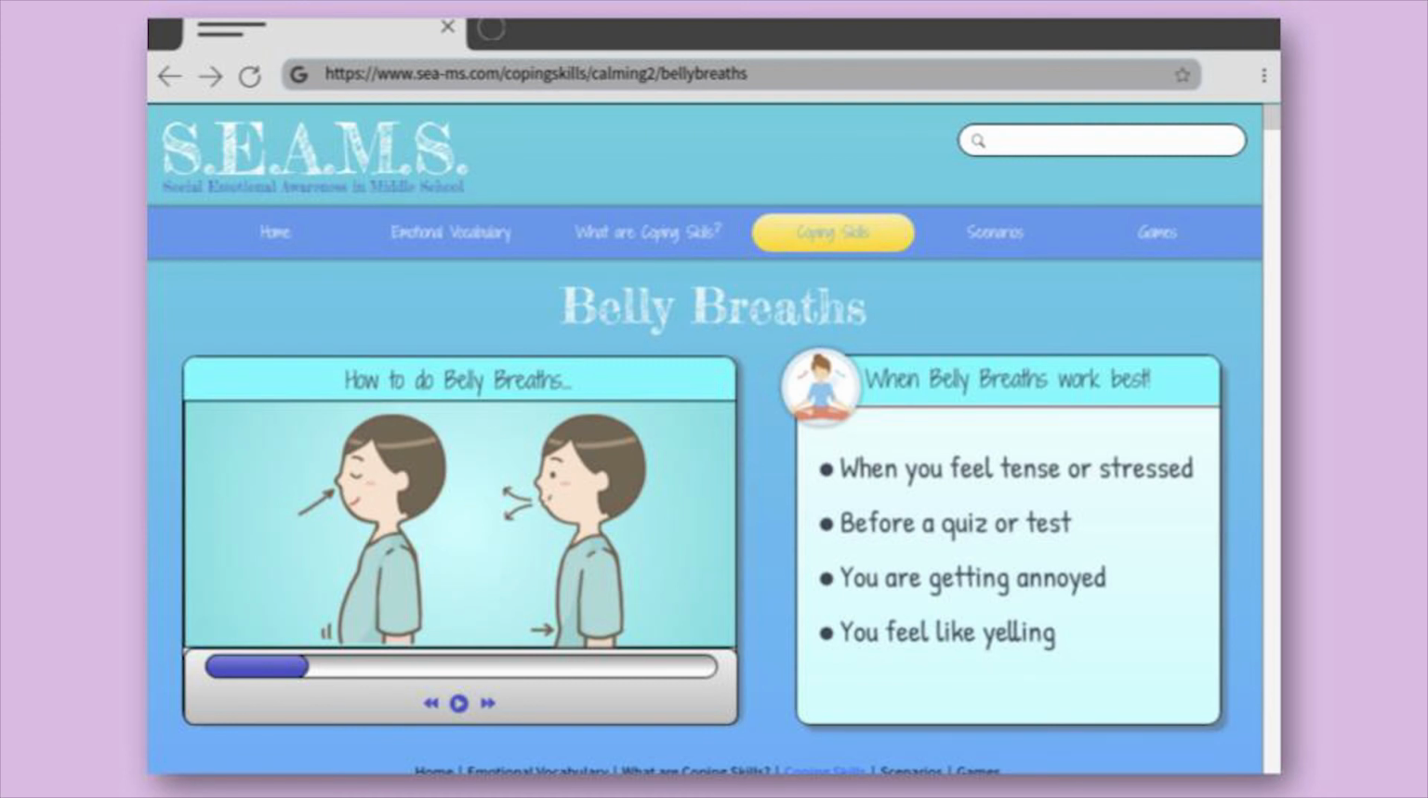Finally, an example of one of the coping skills learners might see if they selected belly breaths from the list of calming strategies. Here, they're able to start, stop, repeat, fast forward through the animated and narrated tutorial, as well as read a brief bulleted list on when the